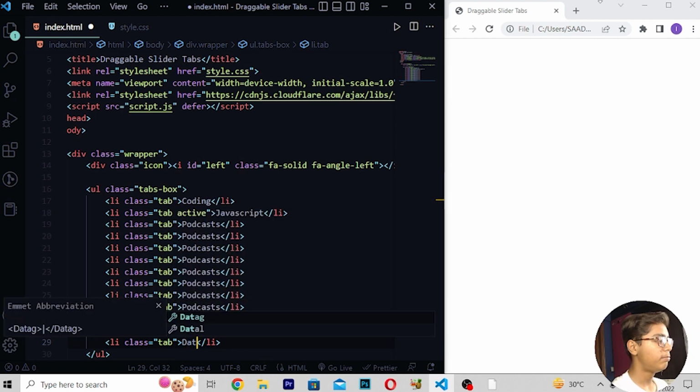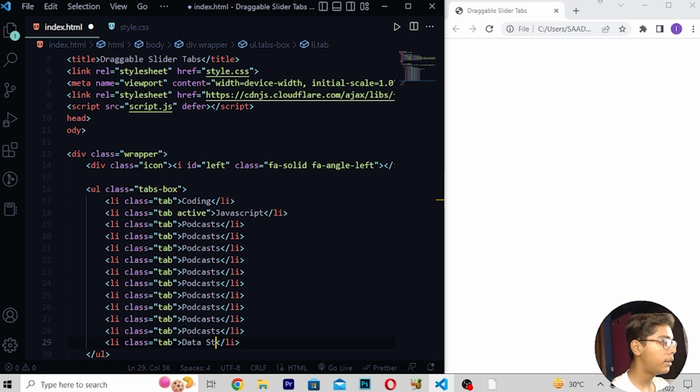which should be like data structure. So here I will be now writing here data structure like this. Then here I will be moving. Then you have to just write a tag which should be like smartphones. Then here I will be now moving in this tag. Then right here share market like this.